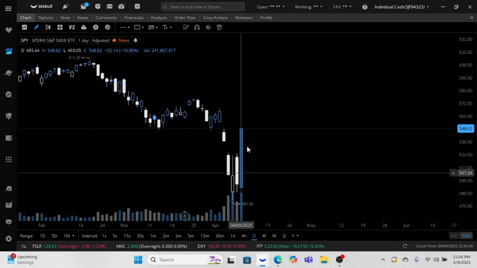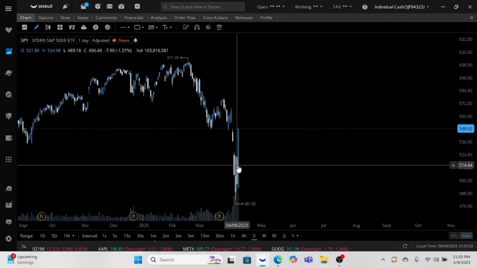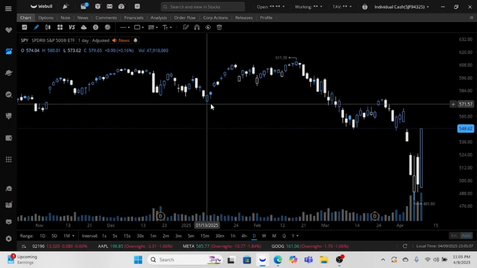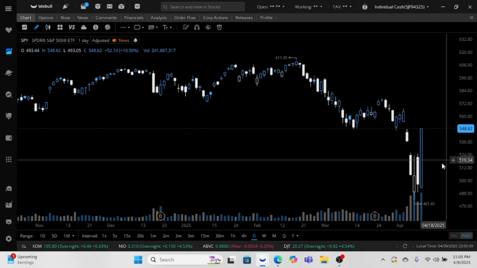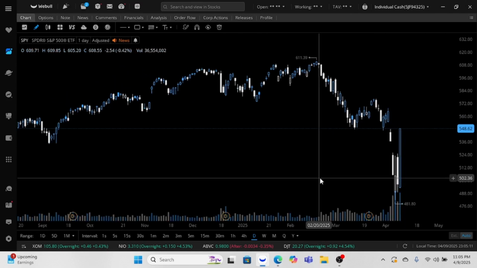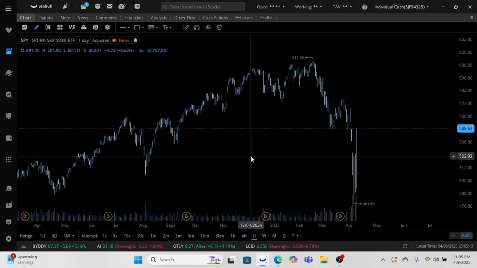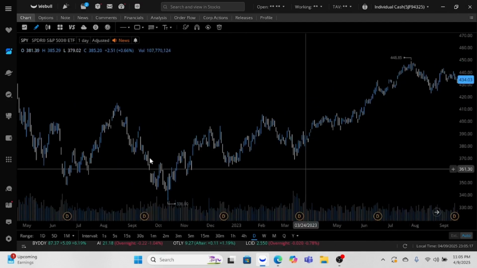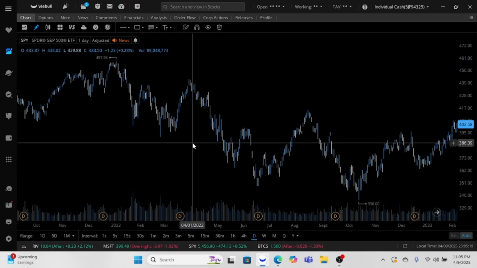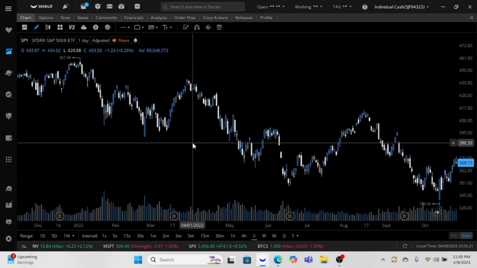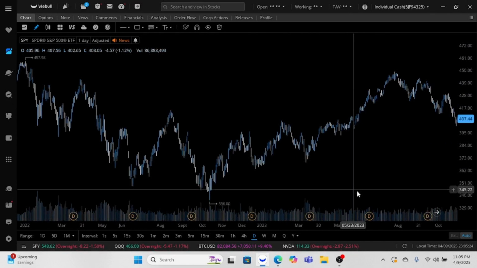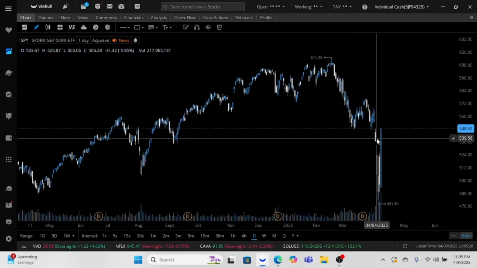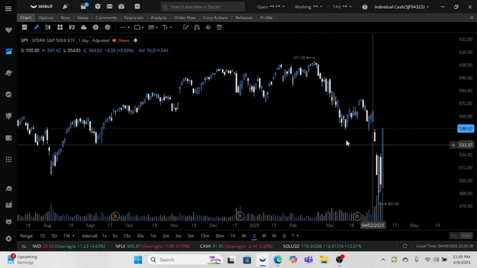These are daily candles. For reference, these are how they usually are. That is not normal. That has not happened like that in what? Ever? In like 50 years? Yeah, that's quite the event going on. What a time we're living in right now. It's probably not a good thing, but